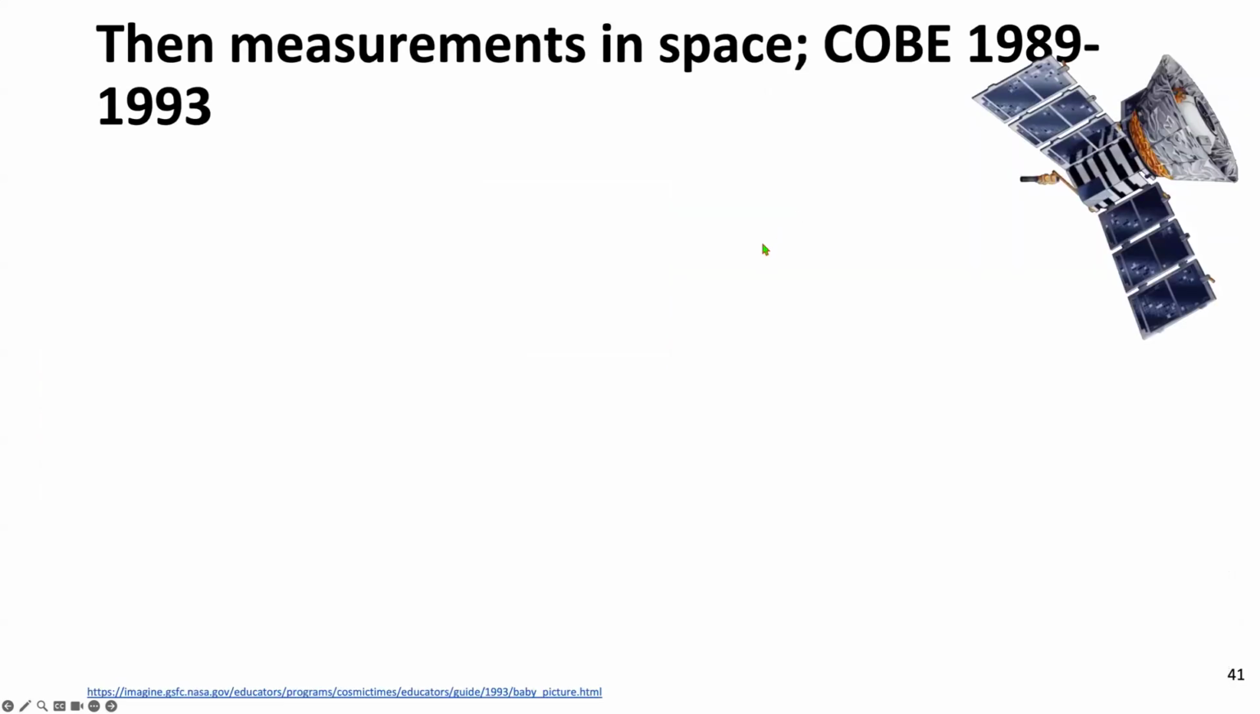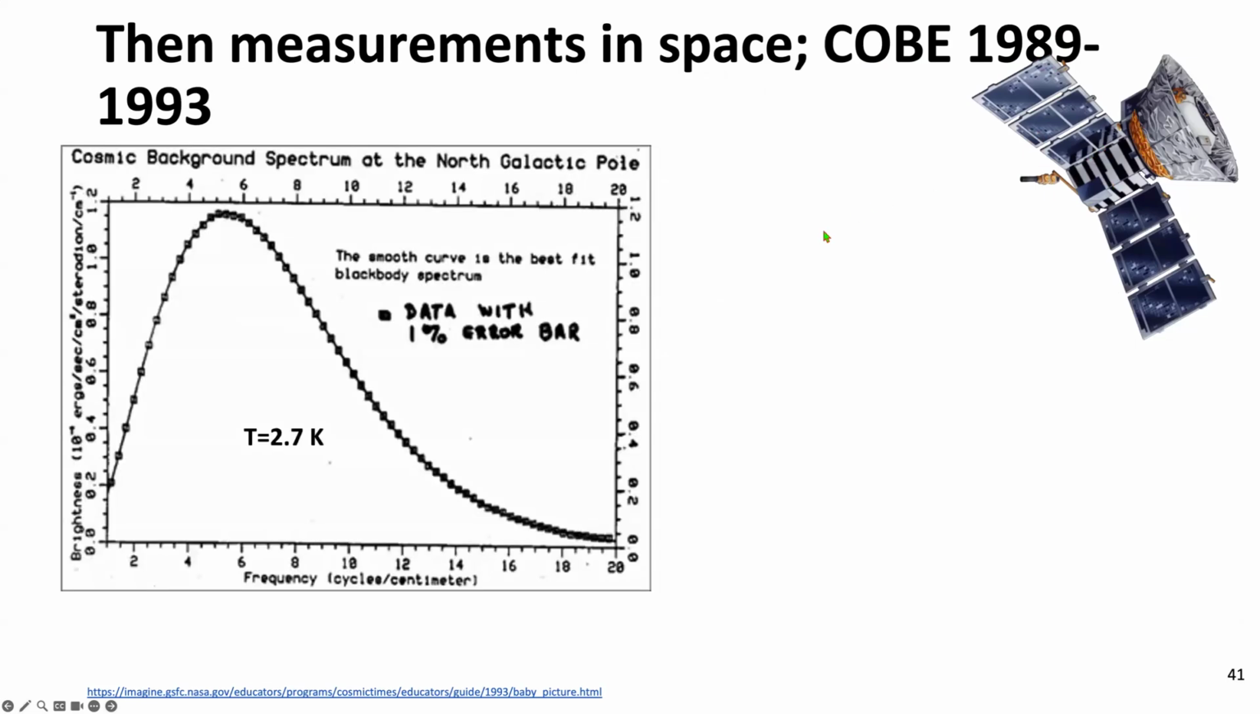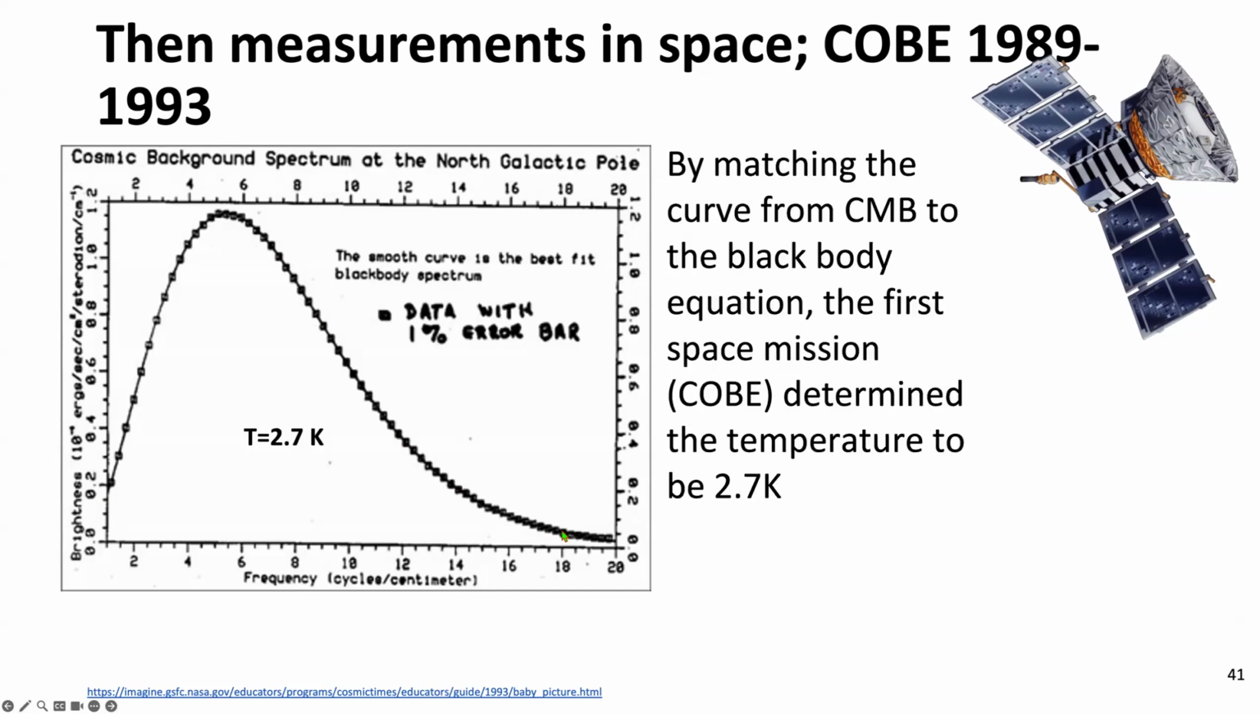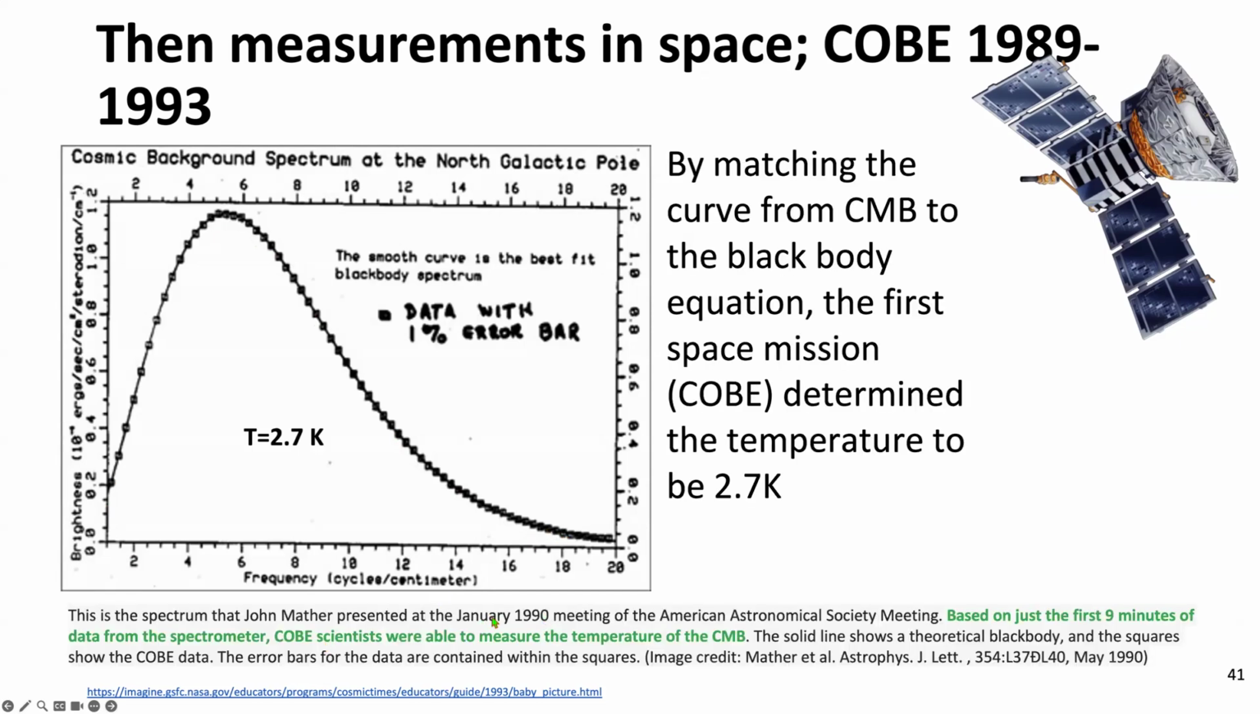And over time, people got interested in flying a spacecraft to find the cosmic microwave background. The spacecraft that was created, the Cosmic Background Explorer, was launched in 1989. So we had another delay, about 20 years, to get a microwave sensor into space to look for this signal. And this is what was shown at a meeting of the American Astronomical Society. Based on the first 9 minutes of observations from this spacecraft, they drew this curve,